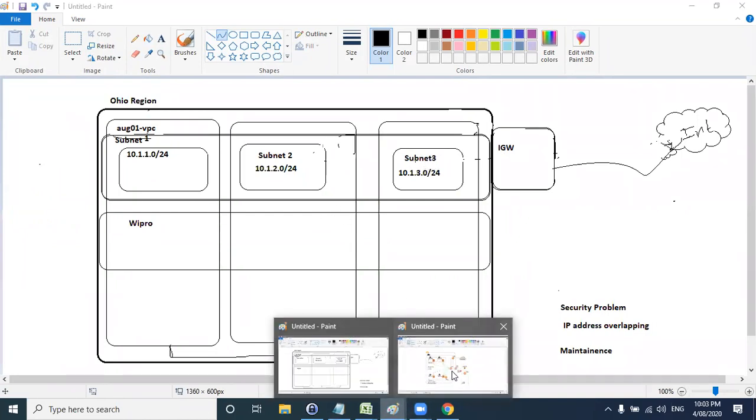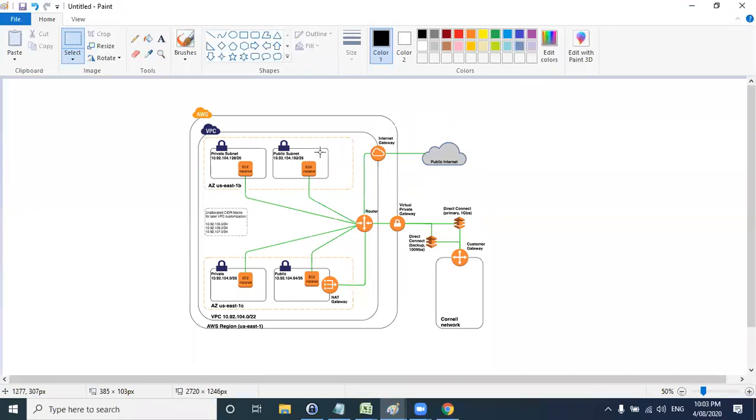Let me show you one VPC diagram today. This is a sample VPC diagram. If we correlate it to yesterday's VPC diagram which we created, here we have 4 subnets: subnet 1, subnet 2, 3, and 4. Two subnets are created in US East 1C, and 2 subnets are created in US East 1B. We also created an internet gateway, and we have seen the public internet, right?